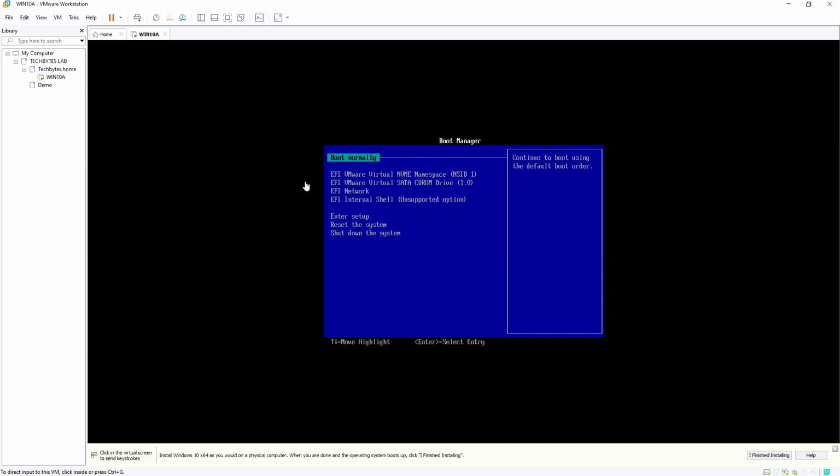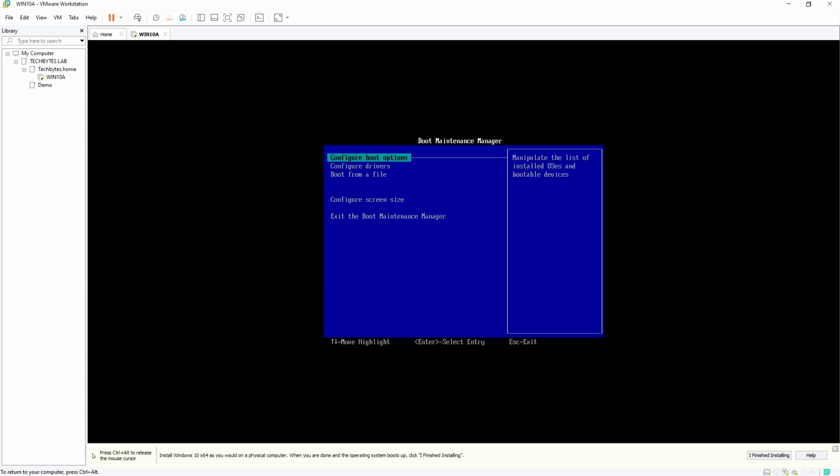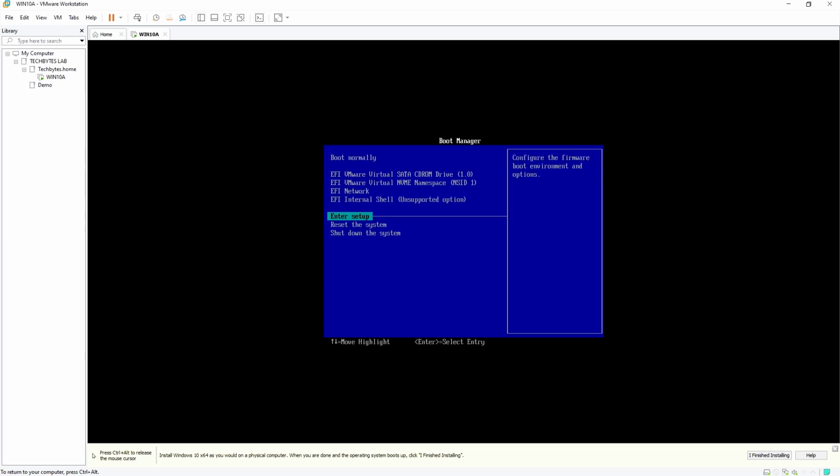There's nothing to boot, so it comes back right into the BIOS here. So before we boot, we are going to need to set up the boot order, configure boot options, change boot order, change the order, enter there, SATA CD-ROM. I'm going to use plus, as you see right below where you say move entry, plus bring it up, minus move it down. Hit plus, brings it up, enter, commit changes and exit, boot manager,